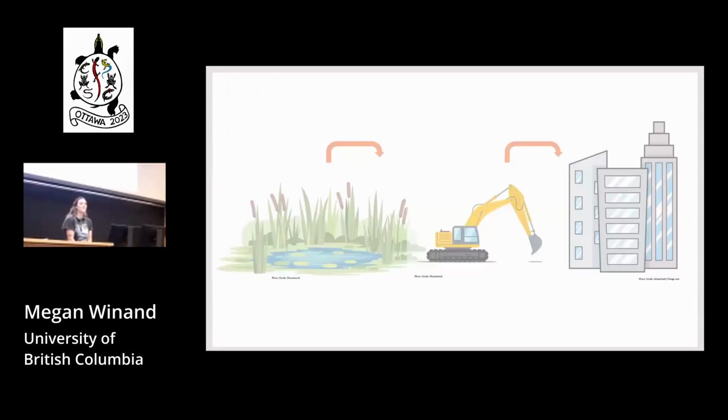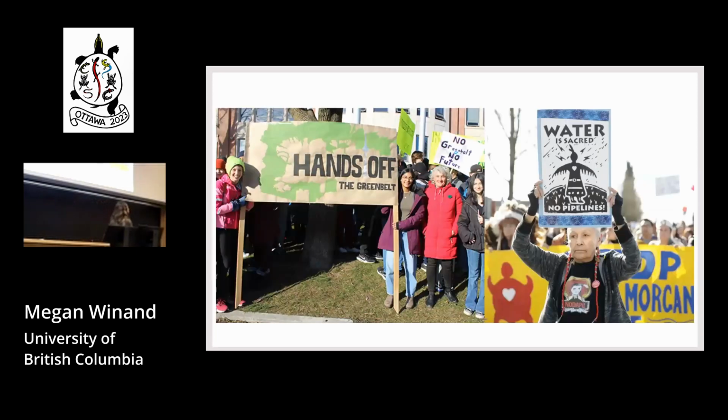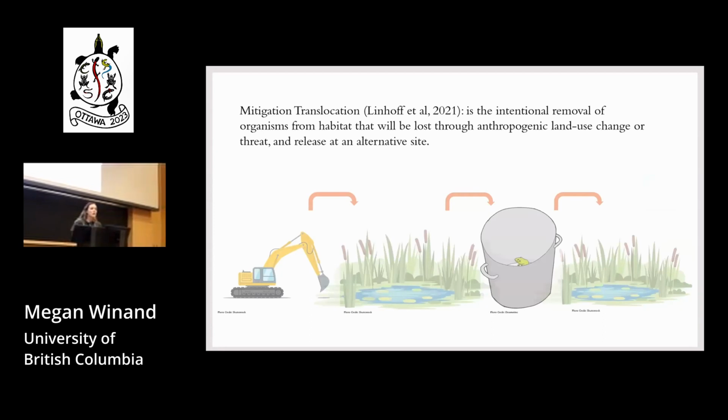Okay, so I believe it is of no surprise to anybody here that we are experiencing a lot of habitat loss from human development. Hopefully we won't see this in Ontario with the Greenbelt. Unfortunately, we did see this on the West Coast with the Trans Mountain Pipeline. So in British Columbia, what we do in order to help conserve all the herptiles, regardless of their conservation status,